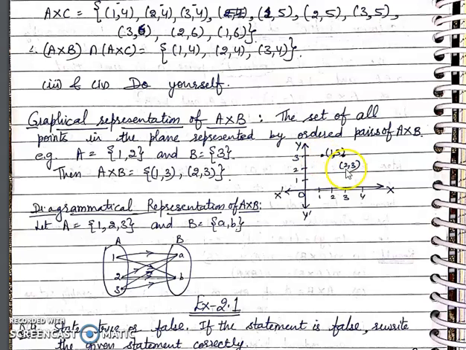When we plot these two points on the Cartesian plane, this is the graphical representation